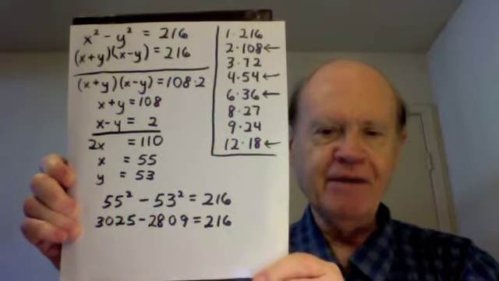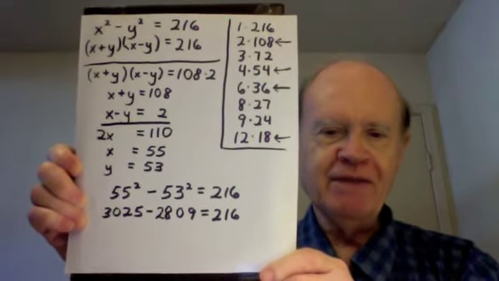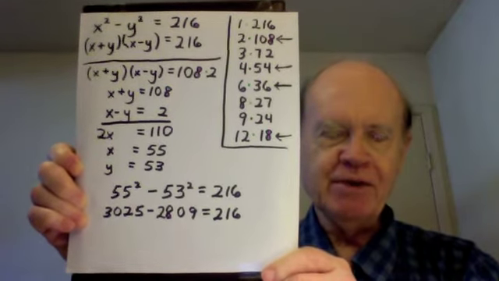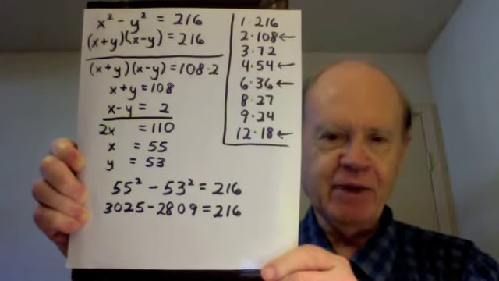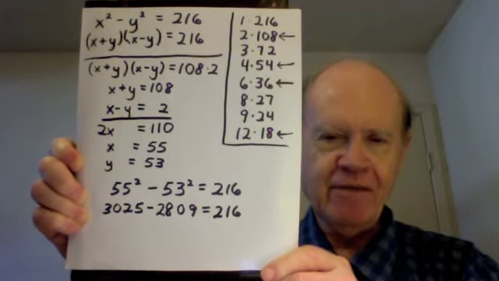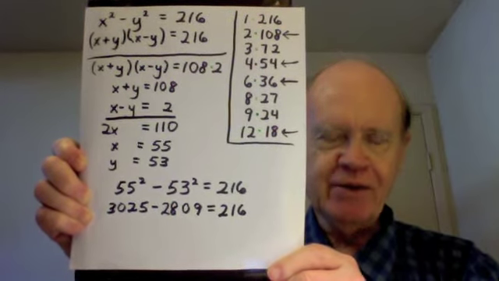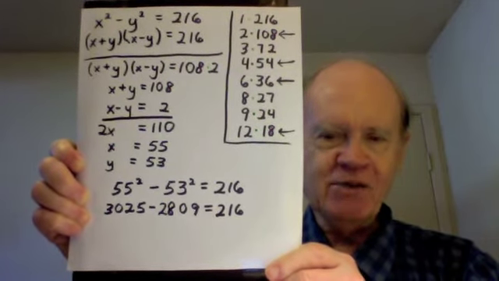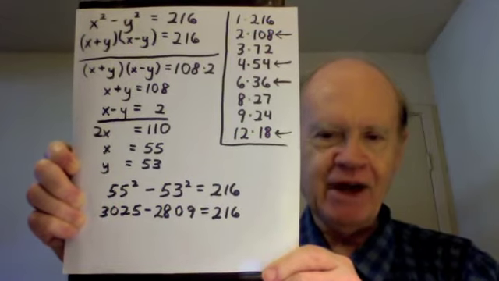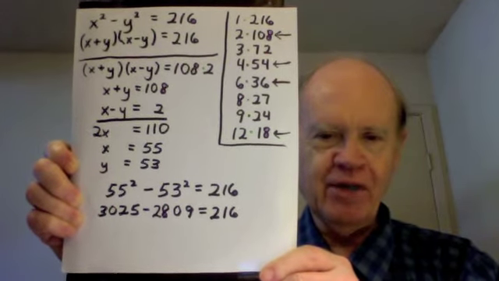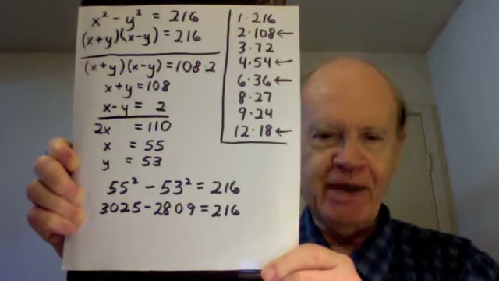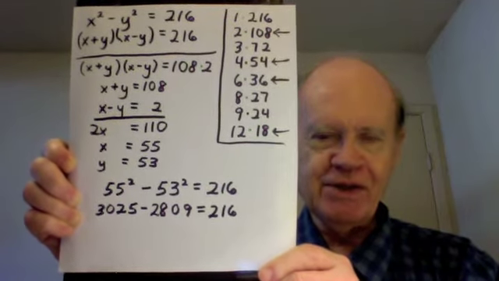That means that 55 squared minus 53 squared equals 216. And that's true. The numbers are 3025 minus 2809 equals 216. So that is one of the 4 solutions that I asked for. The larger army has 3025 members,